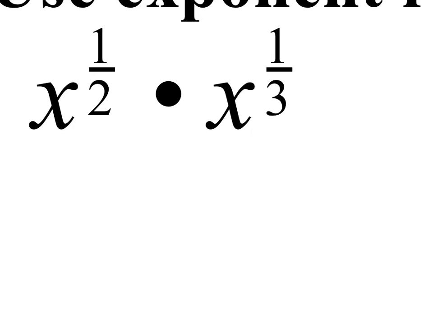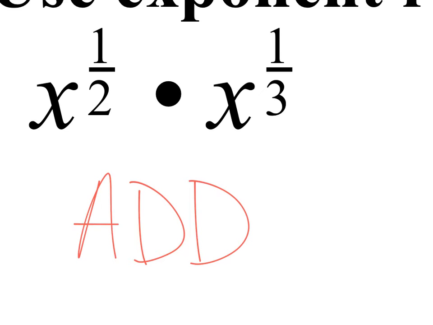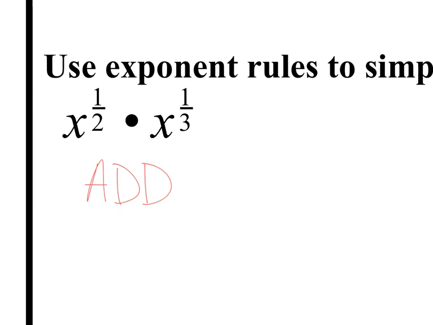You have the same base and multiplication. You just wrote this down on your do-now paper. What do you do with your exponents? Add them. Keep the base, add the exponents. So we're going to add the exponents. Write down the rule. We are adding